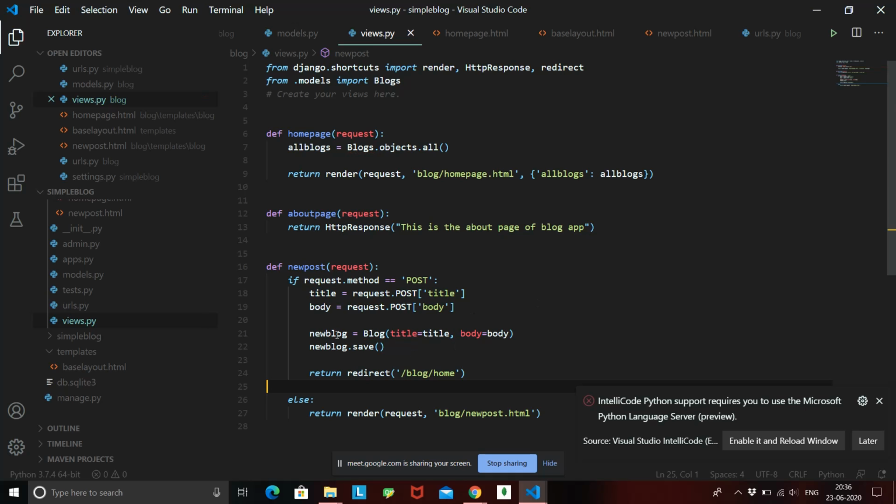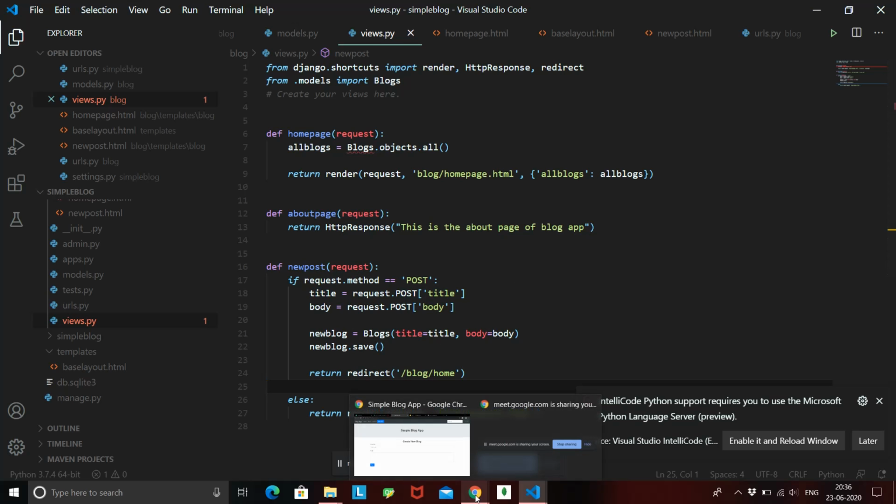So now let's try to create a blog and it will be much clearer. I think this should work actually. This is blogs, this is not blog, this is blogs. So we have completed our function, let's see if it's running, and then I'll explain it again in detail.